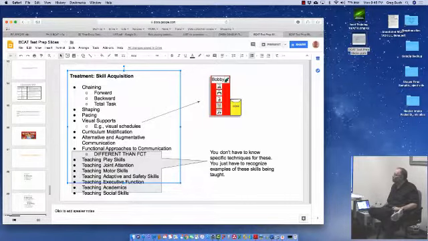Alternative and augmentative communication. So that's any kind of communication device that's using a talker, that's using PECS icons. It's just be able to recognize, okay, that's an alternative and augmentative communication thing. Functional approaches to communication. Functional approaches to communication is different than functional communication training, sadly. Functional approaches to communication just means